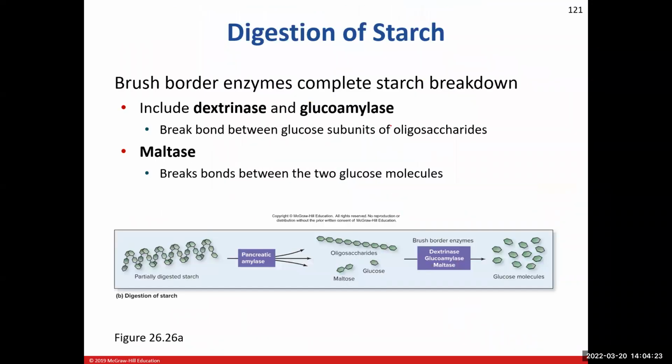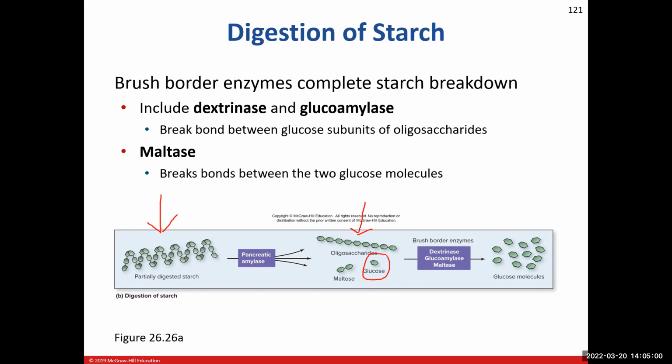So what are the brush border enzymes? We've got a couple. We're going to go with some of these names here, and I'll take it nice and slow. In our small intestine, we have these partially digested starch molecules. The pancreatic amylase then converts them into oligosaccharides, which are shorter chains than the partially digested starch. Like I said before, it can break it down into disaccharides or the individual glucose. Our goal is to get individual glucose